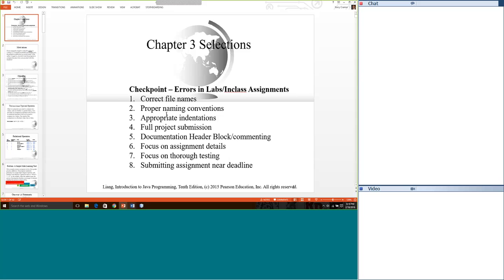Number 6, very, very important. Please focus on the assignment details. I take great pains to write these assignments up, whether they're in class or whether they're labs. In class is intended to give you a warm-up for the lab. I'm not grading the in-class or the pre-lab if you're an online guy, but I do want you to follow my instructions. I will take points off in the lab if you do not follow my instructions specifically. You can't cut corners, you can't abbreviate, you can't change the variable names if I specifically ask for that.